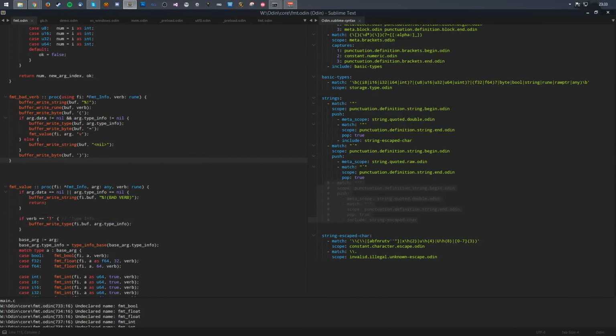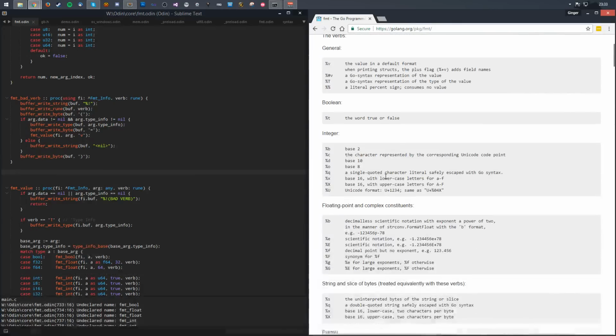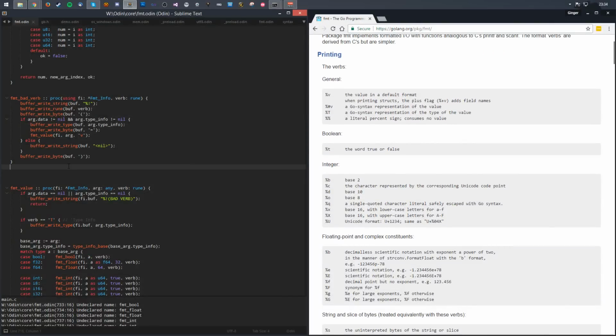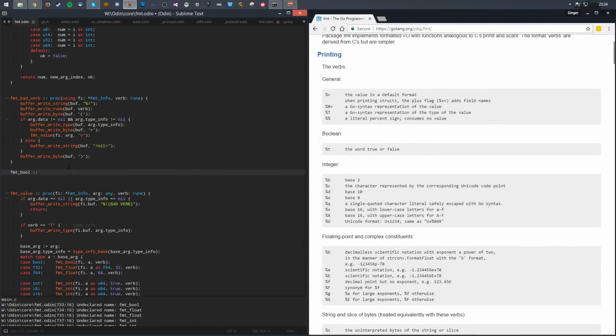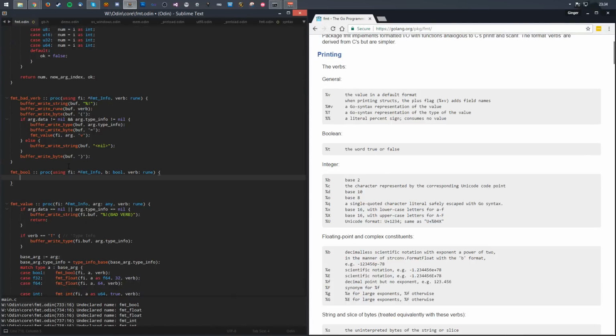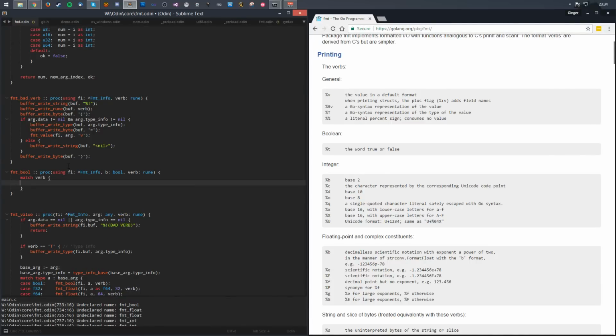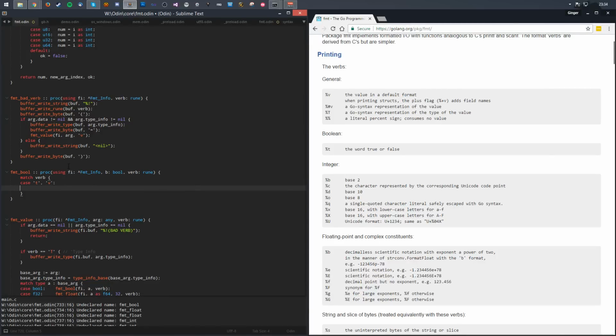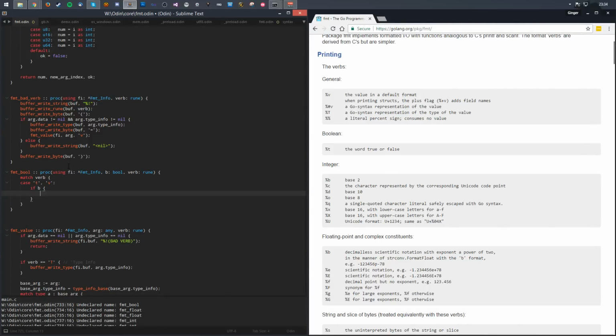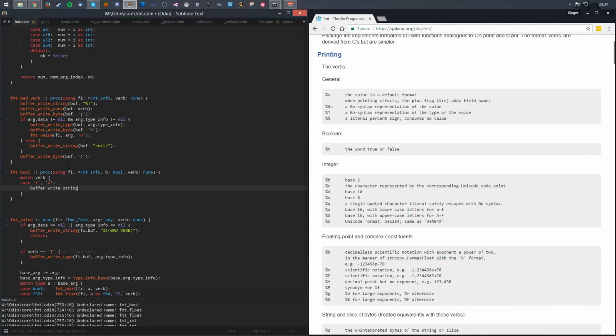Okay. Yeah. So let's just do booleans. What's a boolean? T for boolean. Let's just do a match statement for that verb. If we've got a T for the boolean or a V, meaning anything, this is just value. I'm now going to do a print thing. So if true, actually a better idea is what I can do is write string